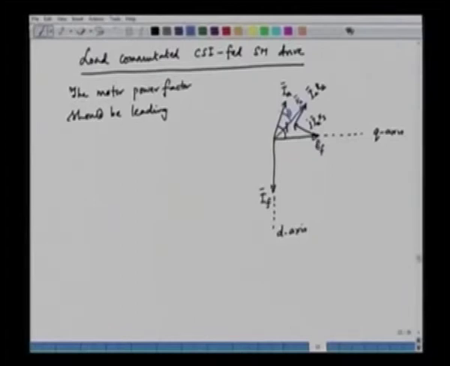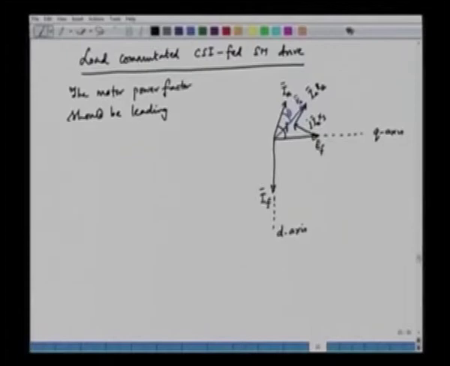So, for load commutation, when the CSI has to be commutated by the back EMF of the machine, we have to make gamma large, and when we make gamma very large, the current leads the voltage and the power factor becomes leading. So, this is a discussion on the CSI fed synchronous motor drive, which is used for very high power application. So, let us now see how we can study the steady state response